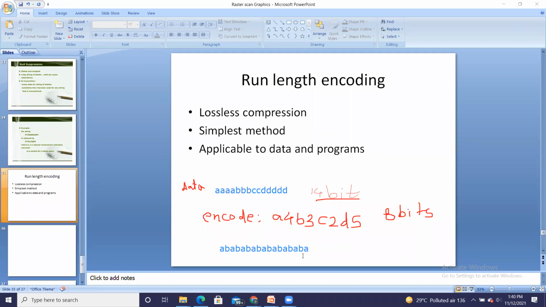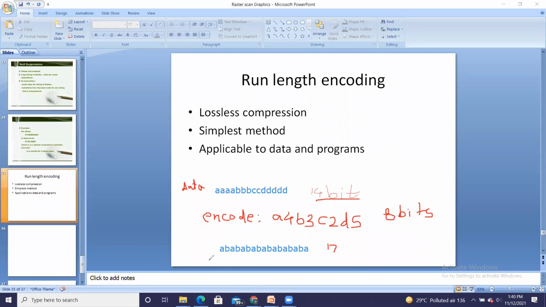What is the encoding of this? Currently, how many bits are required? 1, 2, 3, 4, 5, 6, 7, 8, 9, 10, 11, 12, 13, 14, 15, 16, 17 bits are required currently.